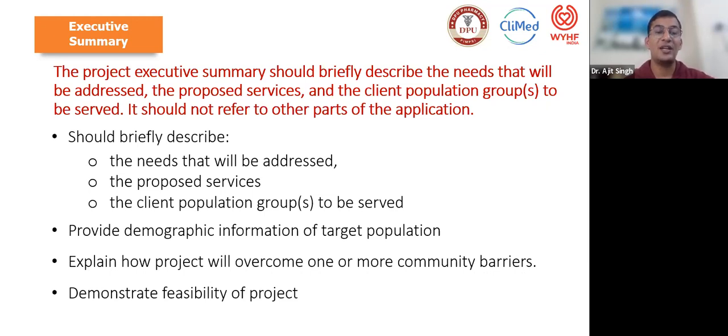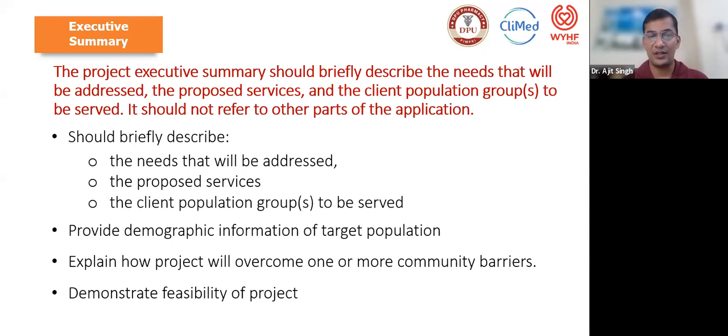And then provide the demographic information of the target population. As I told you, like I'm doing in South Karnataka. I'm targeting the South Karnataka population, or the nearby population within 300 kilometers, and I should give the important facts about the population, how this population is important, and what major issues I'm going to target and resolve at the end for this society. These are the important information to keep in the executive summary.